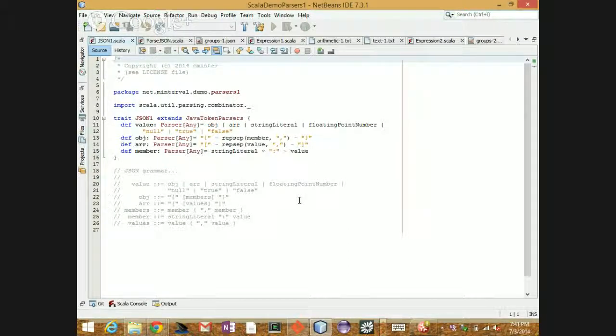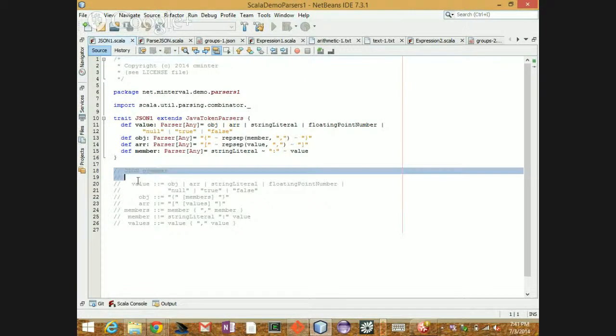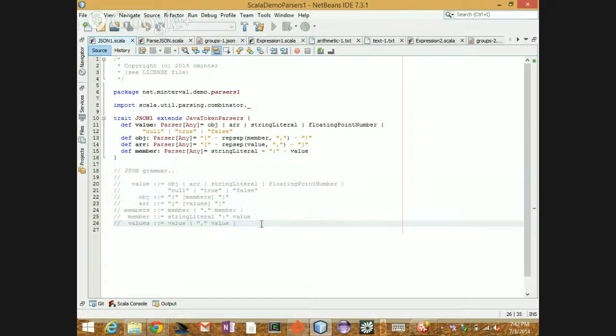So if I look at a JSON grammar down here, it's called EBNF or BNF style.